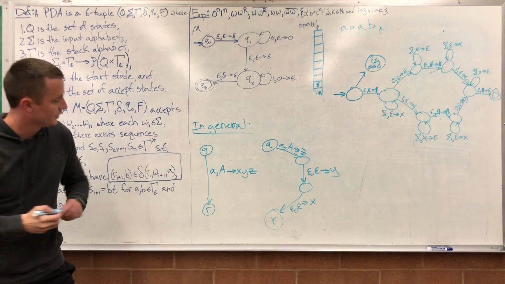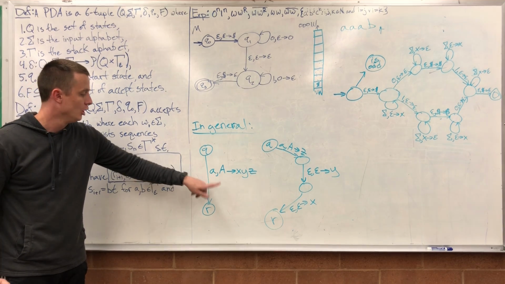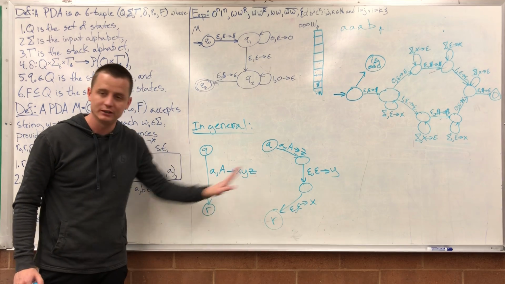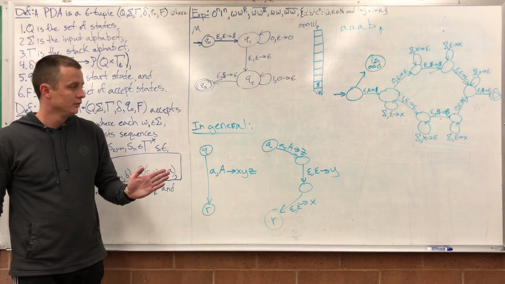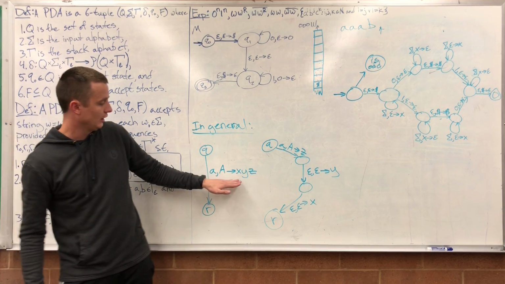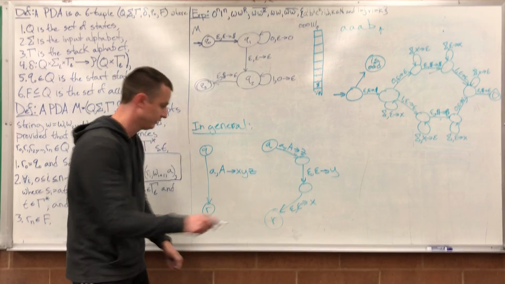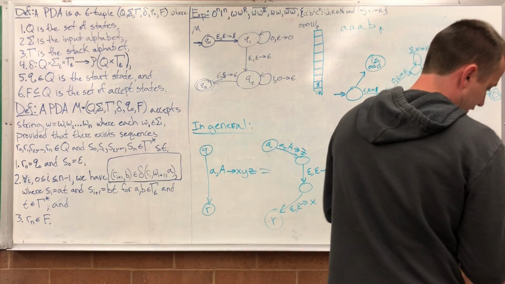So in general, anytime I want to read little a, pop big A off the top of the stack, and replace it by some set of symbols X, Y, Z, I can simulate that with something like this. So simplified, I'm going to use this notation in a sec, so this is just to explain what that notation means. So this equals this, because the proof of the idea is,